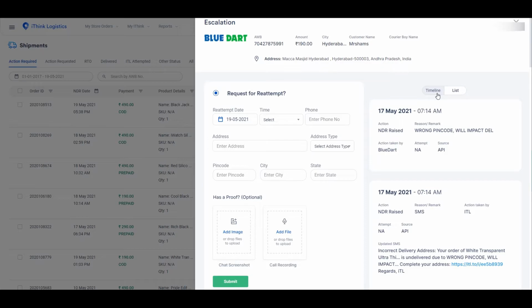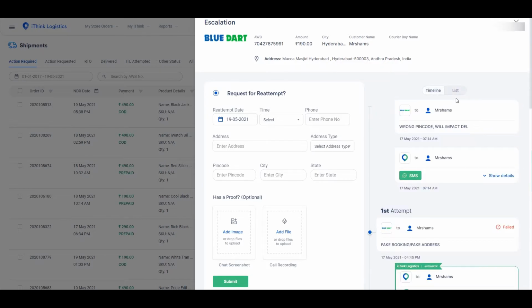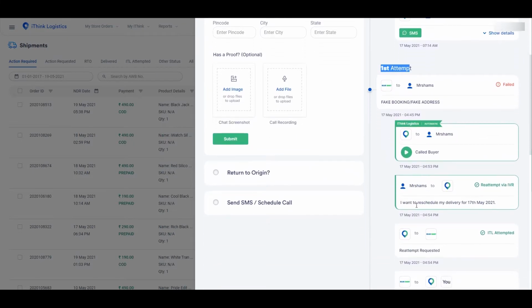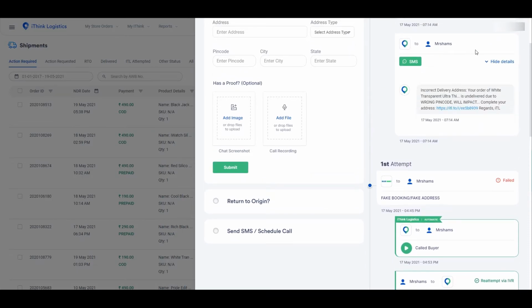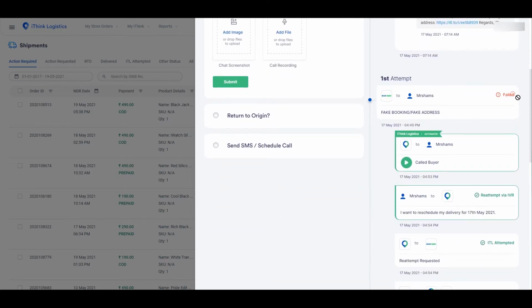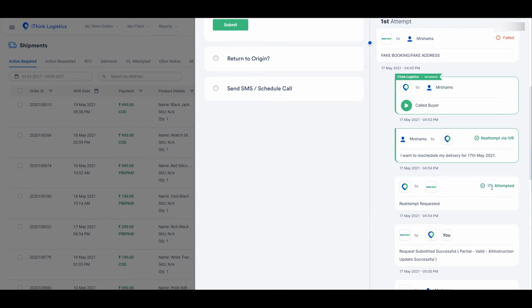Likewise, the seller can also explore the shipment details through these two types of views. In timeline view, you will find relevant information such as the reason for parcel return and the number of times that the delivery boy tried to deliver the parcel, including time and date. When you click on show details, you will be able to see the details of each of the attempts made. This will state the reason for failed attempts and any additional supporting media including IVR, WhatsApp messages and SMS.